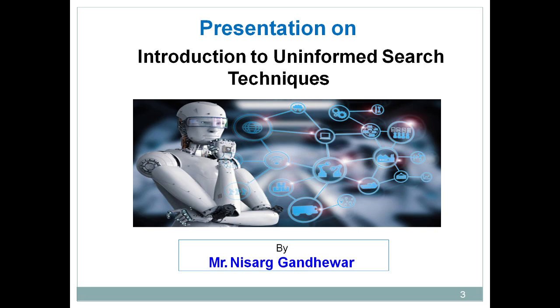In case of informed search technique, it's a searching with domain specific knowledge. Now how will you get the knowledge, how can domain specific knowledge be applied here, or how will you get assistance? In that case, you may use Google Map, in order to reach from your home to that railway station. In case of uninformed search technique, I have not taken any kind of help, but in case of informed search technique, I will take the help of Google Map to reach from your home to that particular railway station.